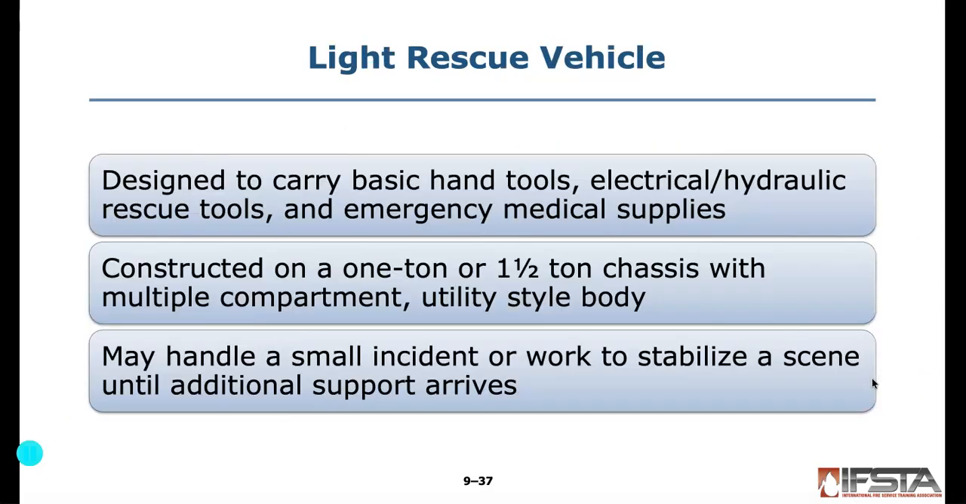A light rescue vehicle has basic hand tools, electric and hydraulic rescue tools, and then EMS supplies. These are constructed on a 1 ton or 1.5 ton chassis with multiple compartments and a utility style body. These are going to be used for smaller incidents to stabilize a scene until additional support vehicles arrive. We don't have these light rescue vehicles because we have truck companies spread throughout our city, and then we